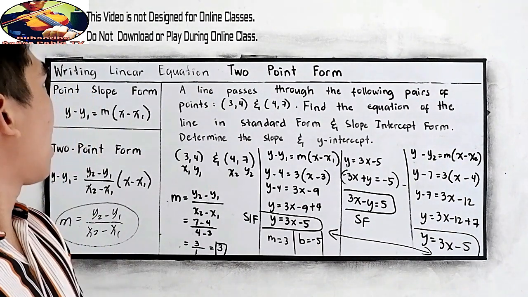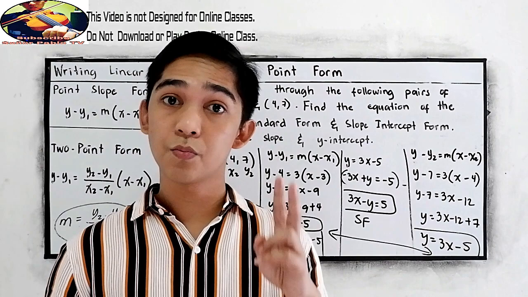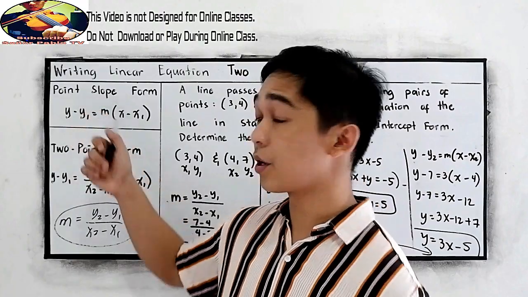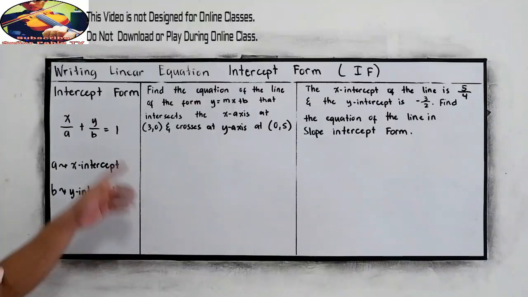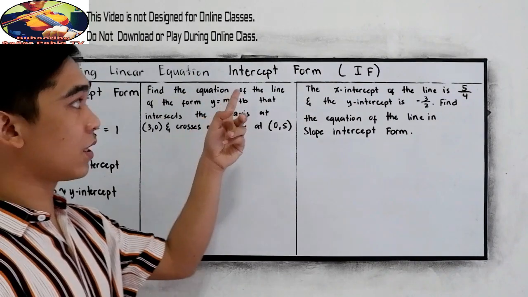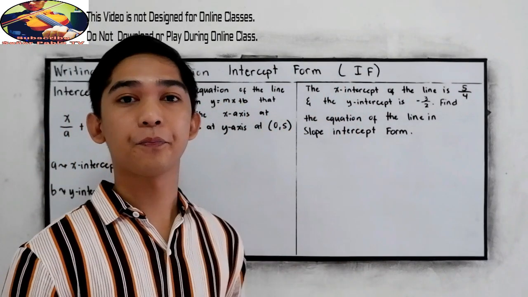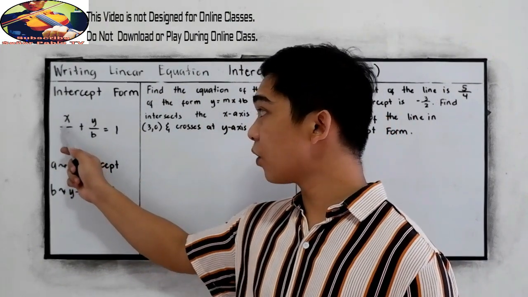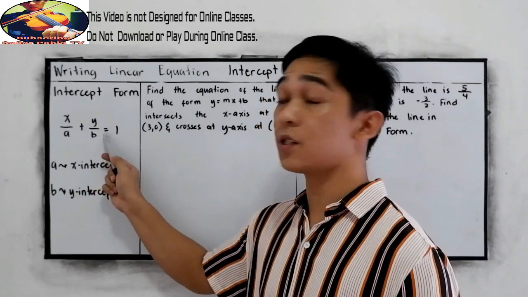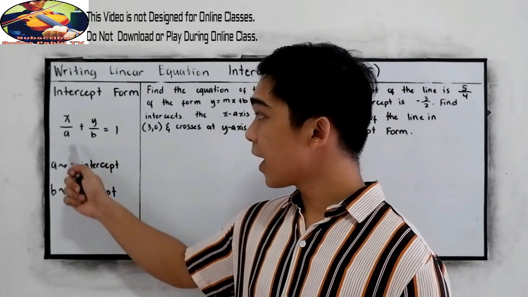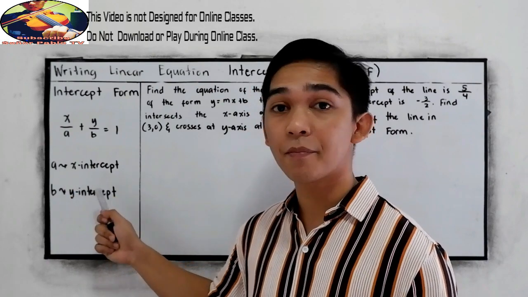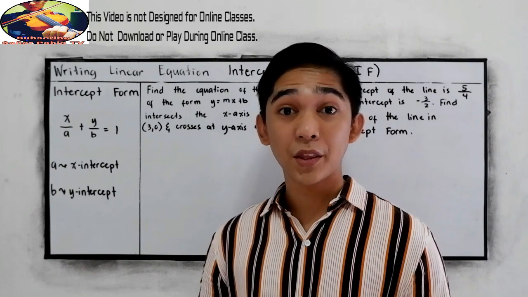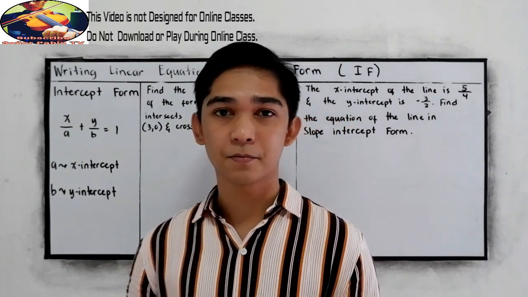So that is on how to write a linear equation given the 2 points, the two-point form that is related to our point slope form. Writing a linear equation in the intercept form: in the intercept form, we have x over a plus y over b is equal to 1, wherein a is our x-intercept and b is our y-intercept. To better understand, let's have the following examples. Number 1,